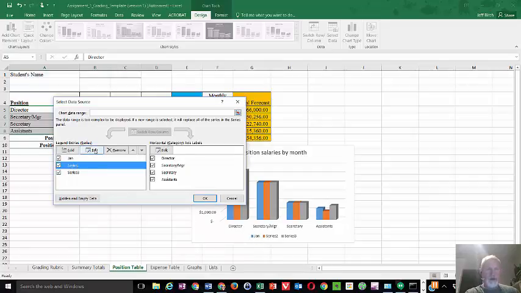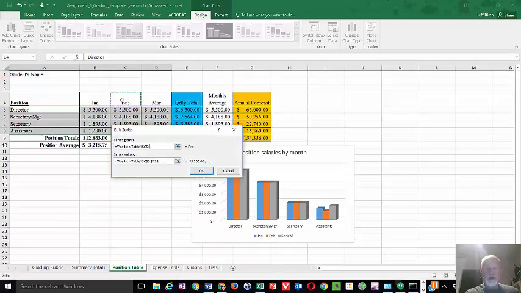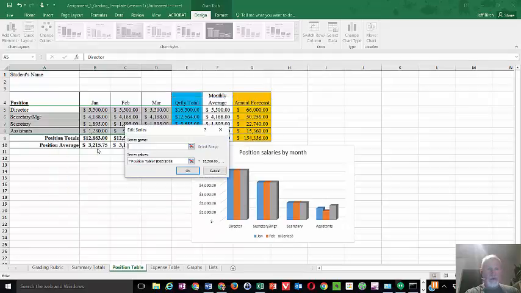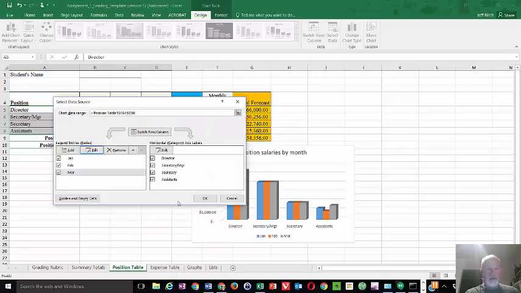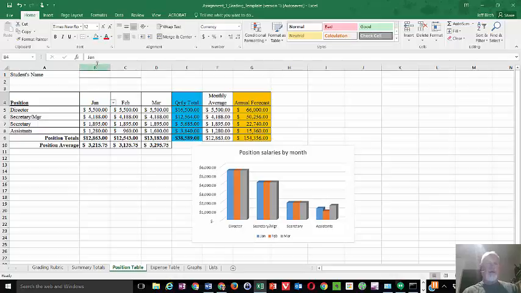We're going to do that for each one of the series by putting February in and then March. Very easy. Now the reason why we're doing this is, let me show you this real quick. What happens if we want to change data on our table and we want it represented in our graph? By using these cell assignments, now if I change this and I want to put the whole name in,